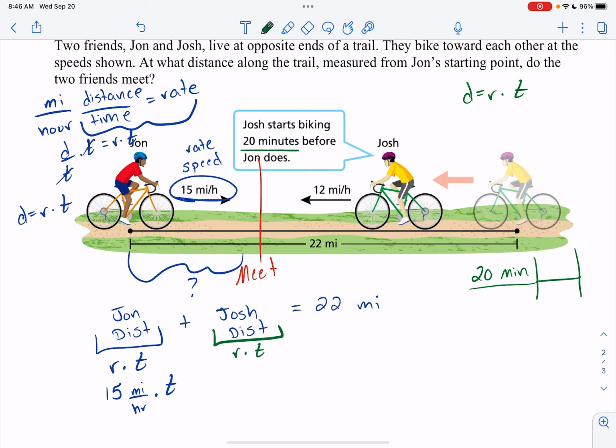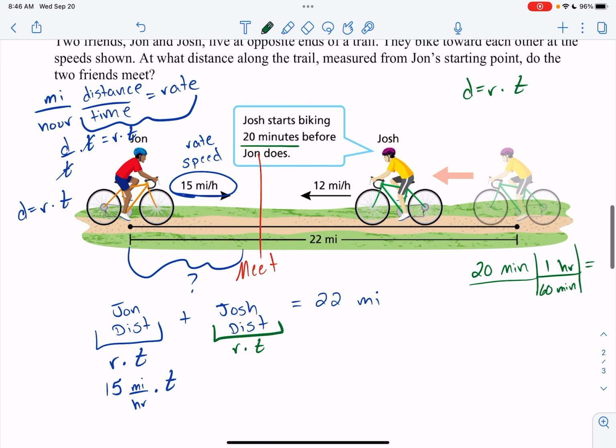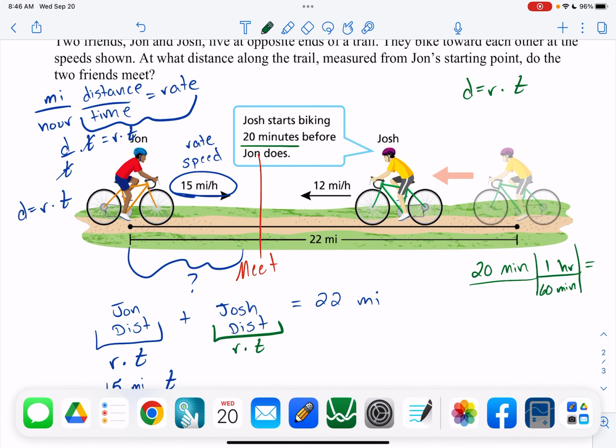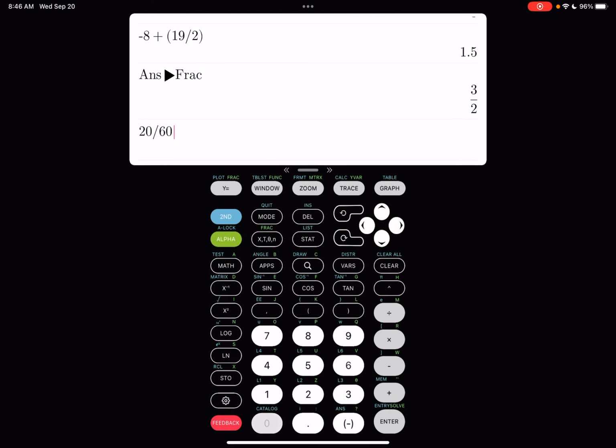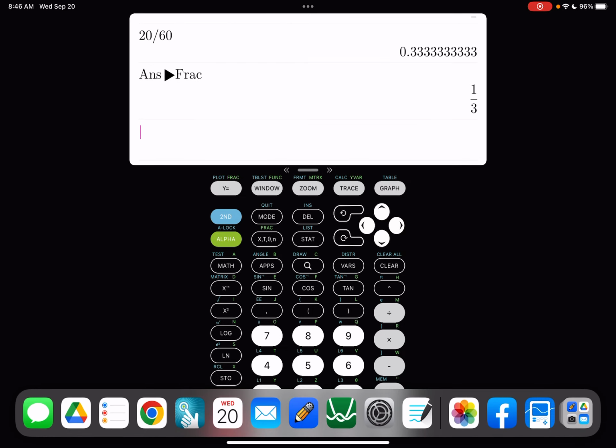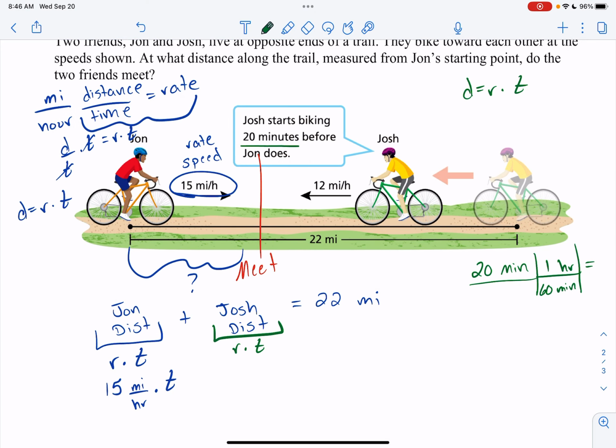So converting 20 minutes, minutes goes here in the denominator, hours up here. One hour is equal to 60 minutes. So 20 divided by 60, which, if we don't know, is 0.3 repeating, which as a fraction is 1/3 of an hour. Okay, so this is equal to 1/3 of an hour. Okay, so Josh